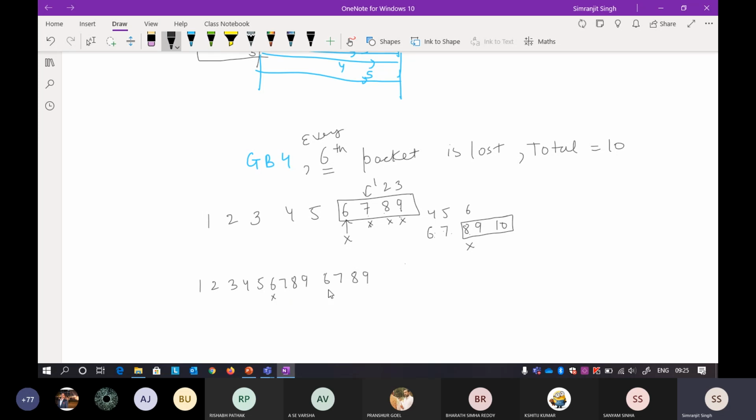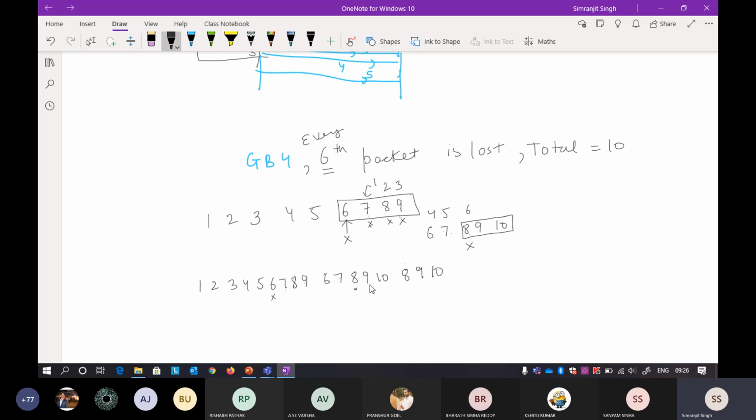Now I have to retransmit again 1, 2, 3, 4, 5, 6. Okay, so again I have lost here, so I have to retransmit 8, 9, 10. Your window will be 8, 9, 10 here. When your 8th packet is lost, the 9th will also be lost, and the 10th will also be lost. So you again have to go back to 8 and retransmit the whole window. It will be 8, 9, 10 again.